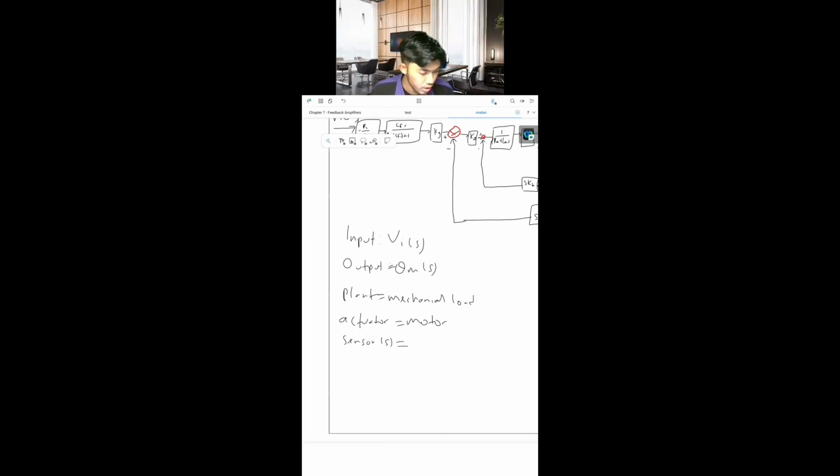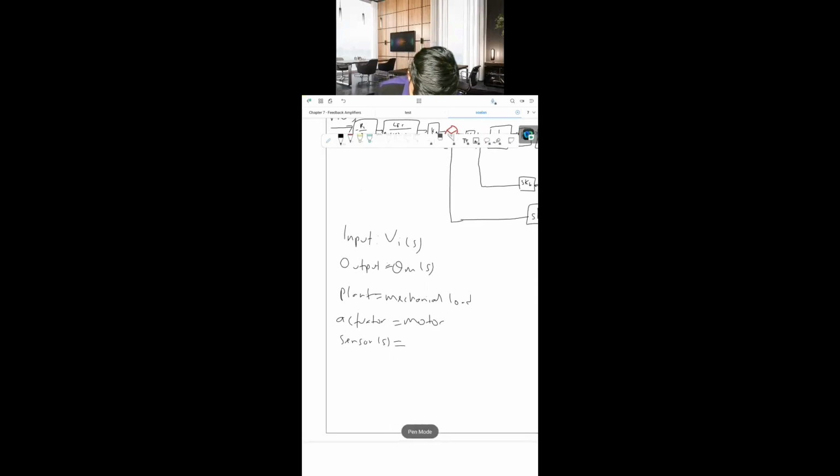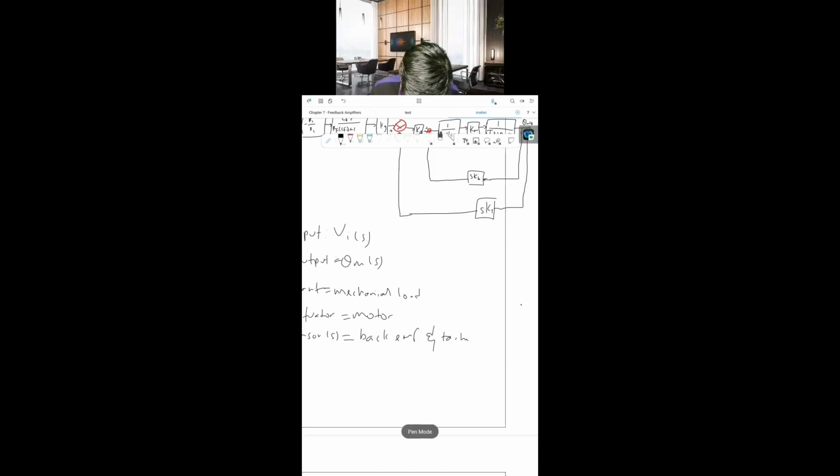So our feedback is the back EMF and the tachometer, so the sensors are the back EMF and the tachometer, and our controller is